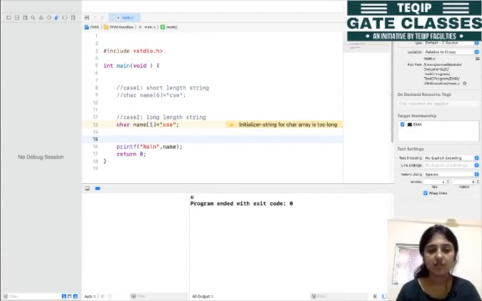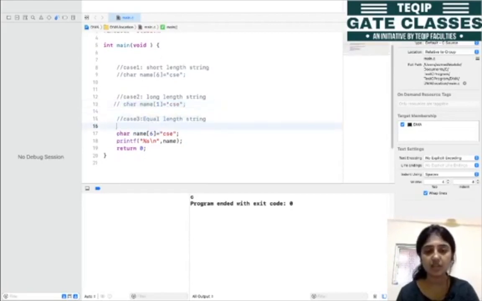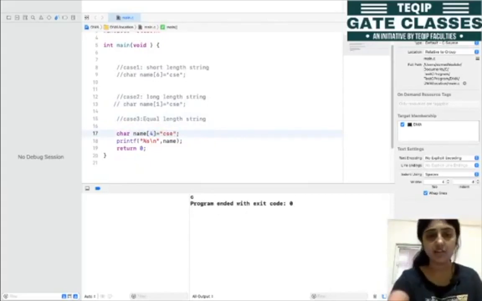Our third case was when we have the equal length, right? So let me write this case number 3. This case number 3 is about the equal length. तो equal length मतलब क्या, किसकी किसकी equal length? So here the equal length means we are talking in terms of कि जो ये अपन CSE ये जो string है, इसकी length and the block की length, if both the lengths are same, then what will be our compiler's behavior. ठीक है.